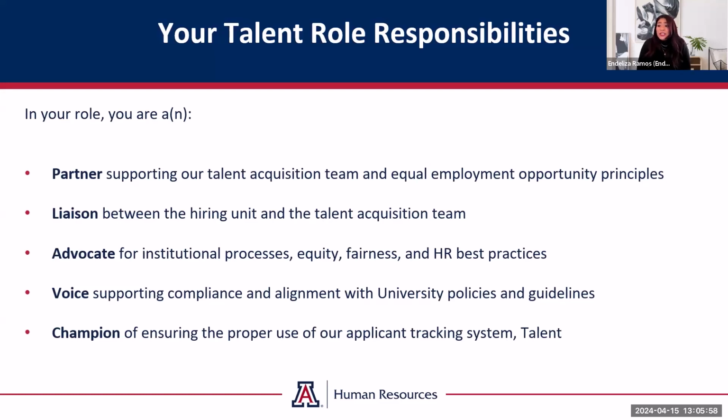And then you're also a champion for ensuring the proper use of our applicant tracking system. So when you are utilizing talent and you're issuing access to people, whether they're reviewers, whether they're hiring authorities in the talent, and you're entering their names and information to give them access, making sure that those individuals are using the applicant tracking system properly. If you happen to notice that maybe a search committee member is sharing information outside of the immediate search committee, or maybe they're using email addresses for marketing when they shouldn't, you want to make sure that you're pausing and you're redirecting people as applicable to make sure that the system is being used appropriately.